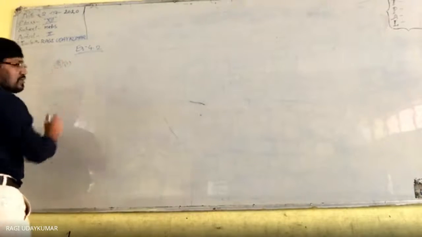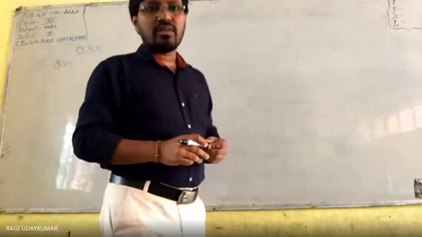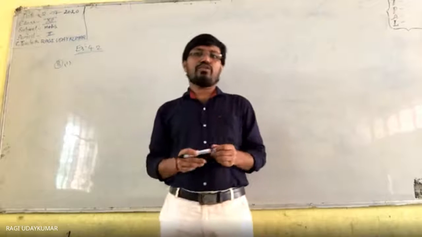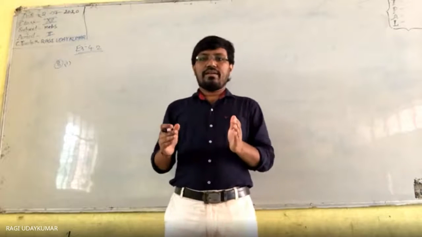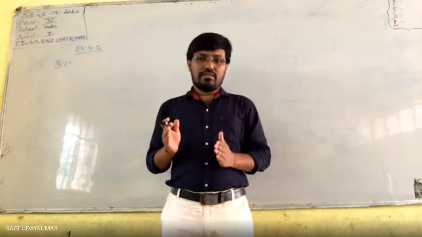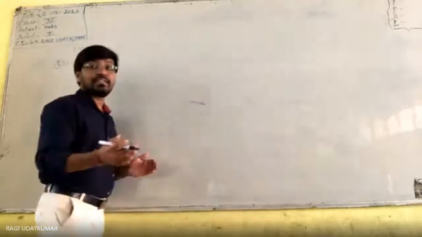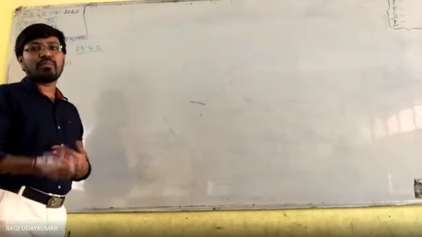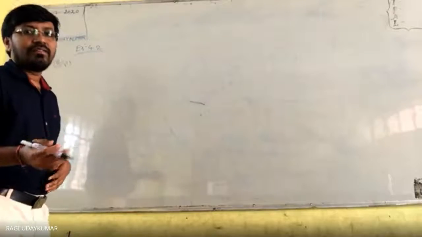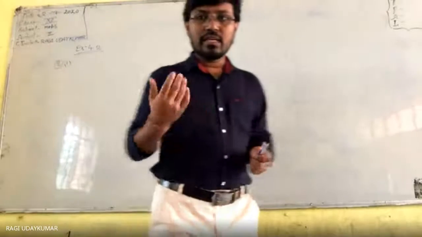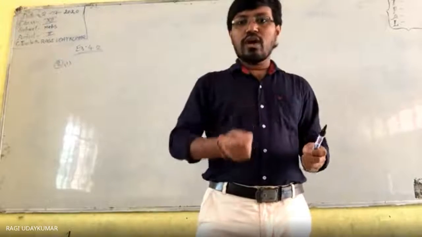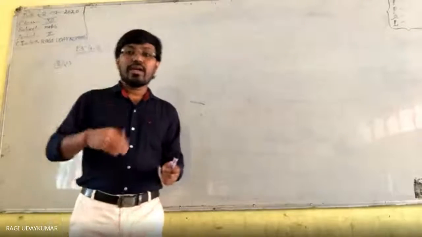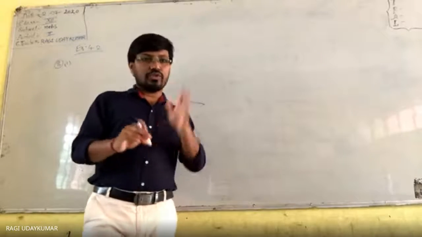eighth bit first problem, in that two problems are given to you. Already these model problems I told you in what way you need to solve it. If you are having the determinant containing the 1 in one column, if it does not contain the 1 also, better we make that by applying the properties, either transformations in any way, we need to make that into any row or any column as 1 1 1. If you make that as 1 1 1, then automatically you can make the other two ones as 0. So let us see here.